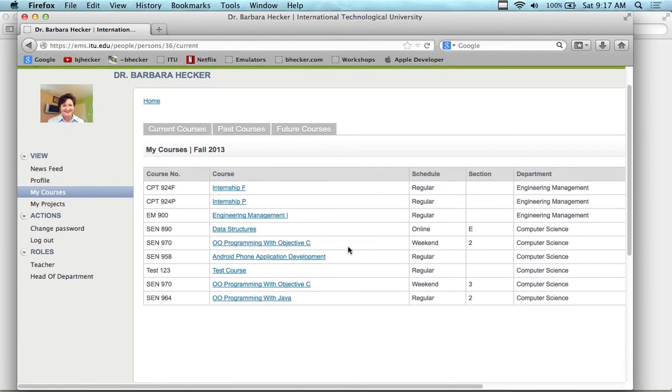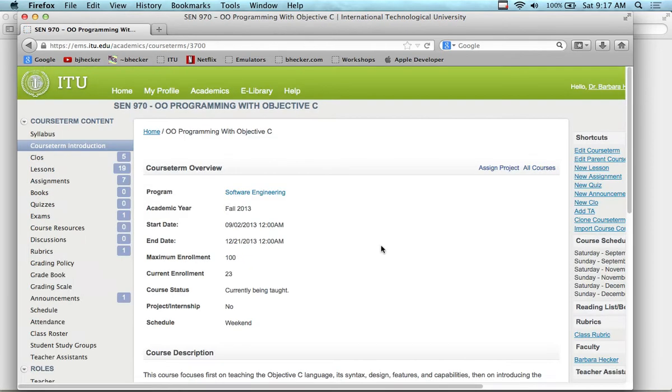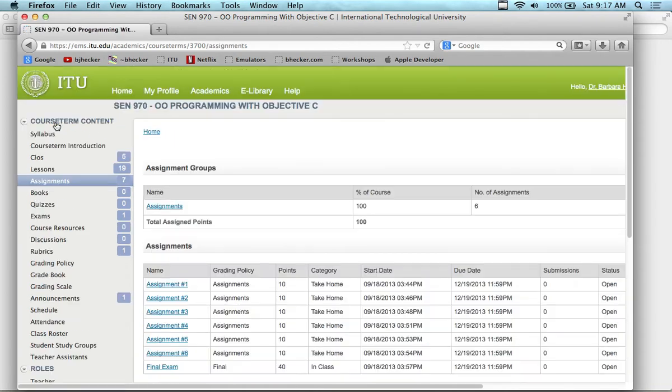So one of the first things you're probably going to want to do is make sure you have access to the EMS. In the EMS, you're going to submit all of your assignments. And you're in this section here. You're only going to see one section. It's going to say OO Programming with Objective-C. When you go in, you're going to have a slightly different view, but you're going to have something for assignments, and in your assignments link or in your gradebook link, depending upon how it's set up for you,